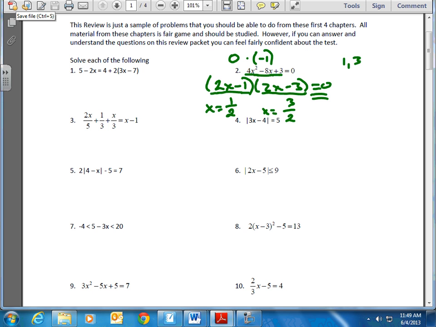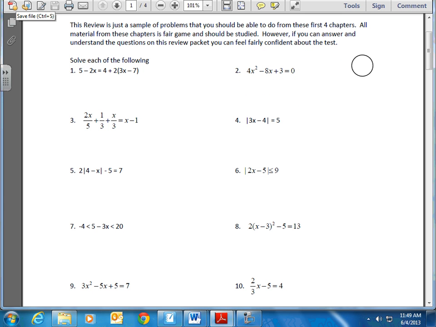Okay, question 3. Kind of got to look at question 3 to see what kind of equation it is. Even though it looks all weird, it really is just a linear equation with a bunch of fractions. Two ways we can do it. We can do it like question 1. Simplify the left-hand side and the right-hand side as much as possible, and so on. Or, to simplify, we could clear all of our fractions, and that makes it a little easier to work with